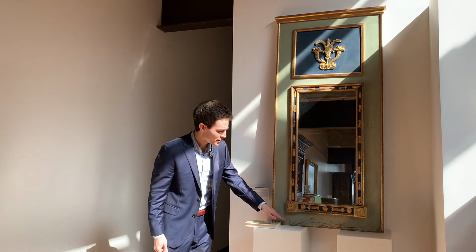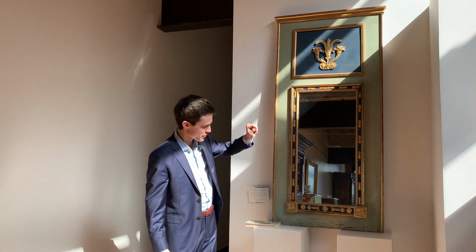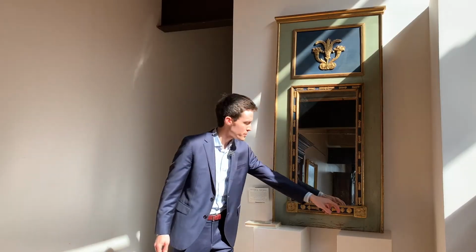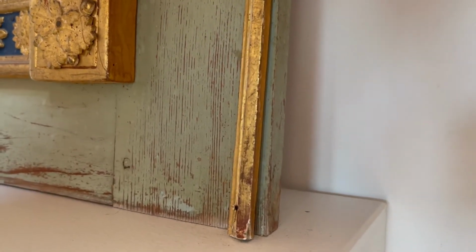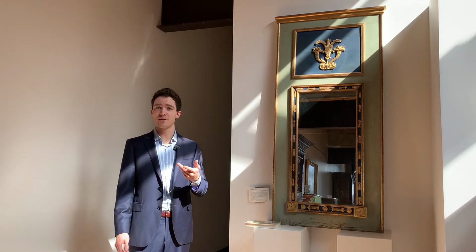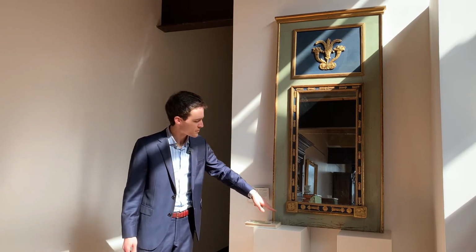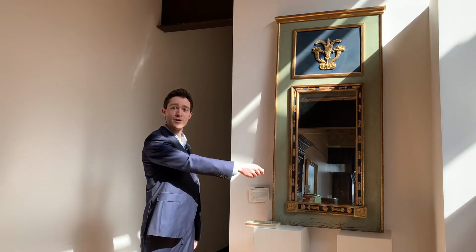We see right away that there are dowels joining this piece together. There are a few reassuring cracks. Some of this molding is a little bit loose here on the right and the left. It's in a pretty good state of conservation, but there are certain parts of it which have been a little bit damaged, or accidenté, as the French say. And then we see this missing bit of green paint down here where logically somebody would have run a duster